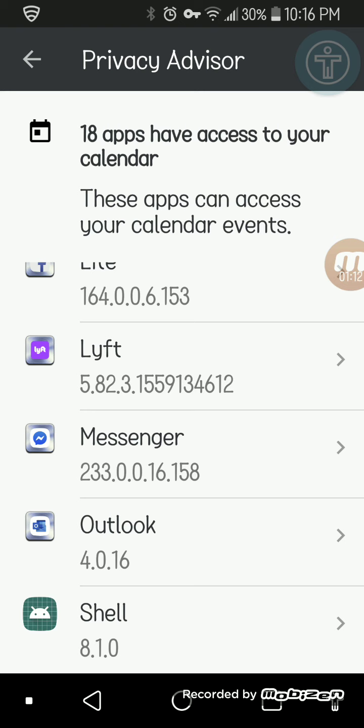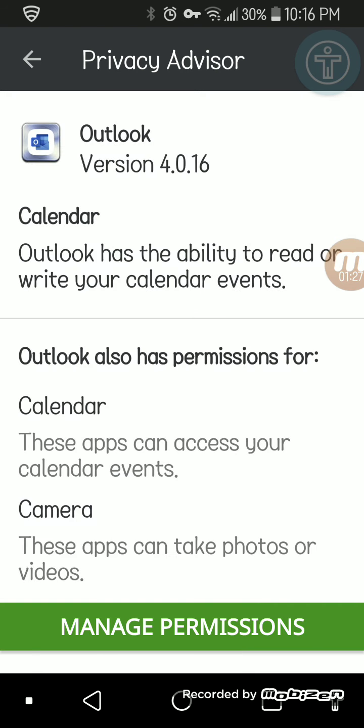So it said that this was one of the apps that had access to my calendar, and I clicked on Slides, right? I selected Slides, much like I'm going to select Outlook here, which is an email app for